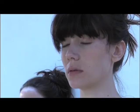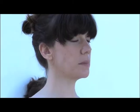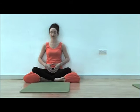And you allow for the breath there to be moving through the throat very softly, like the waves of the ocean moving onto the beach. With this breath, you come into a calm, quiet space, and then you allow there to be a little tiny gap between the top lip and the bottom lip, so that the breath can go out through the lips, in through the nose,